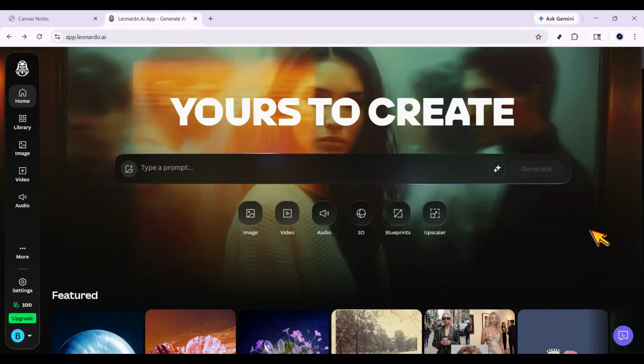In this video, I'm going to show you how to copy a seed in Leonardo AI quickly and easily. If you've ever generated an image you really like and want to recreate the same style, make small changes, or keep your results consistent, copying the seed is a super useful trick. I'll also show you where you can copy the prompt at the same time, which makes it even easier to